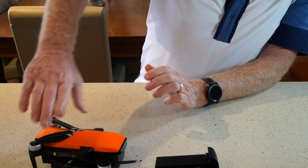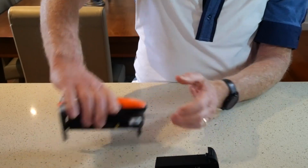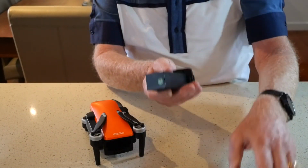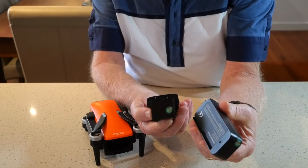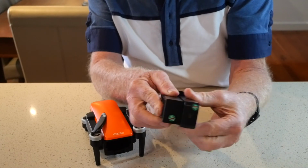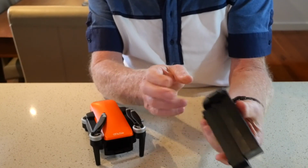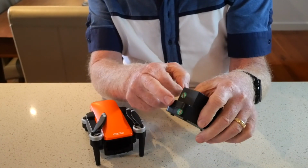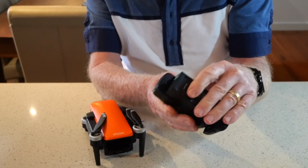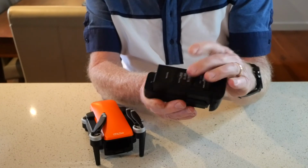So first of all, the batteries. This is how they come. They come with a charger. So simply to charge, we have some connections there, we slide that on to the charging base. We connect the charging base via the USB cable to your power point that comes with the product, and then